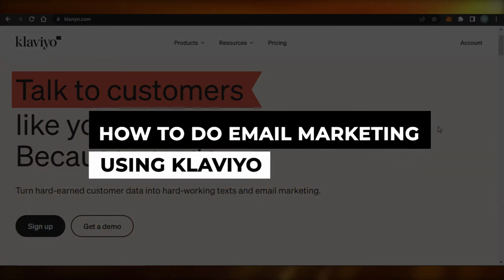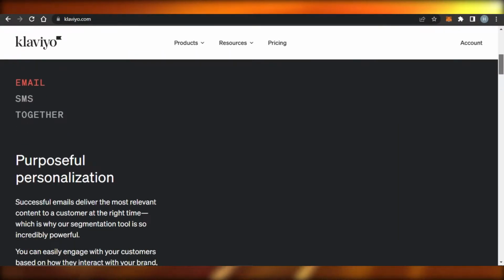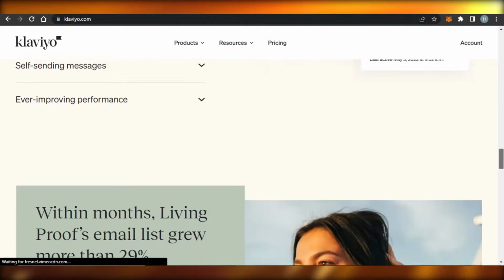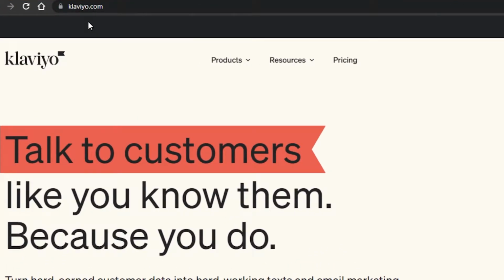How to do email marketing using Klaviyo. Hi guys, welcome back. Today I'm going to be showing you how you can do email marketing using Klaviyo. So let's get started. First, what you guys need to do is of course go to klaviyo.com and you will